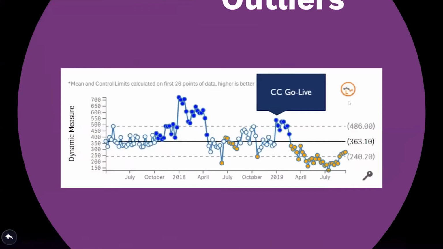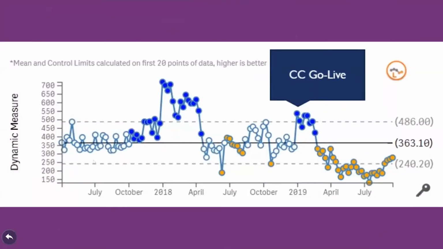So the graph is showing the same time period. It's going from January 2018 to yesterday. We always expect a peak in patients. It's a really good indicator of pressure on beds. We expect a peak over the winter. This last winter, the previous winter,